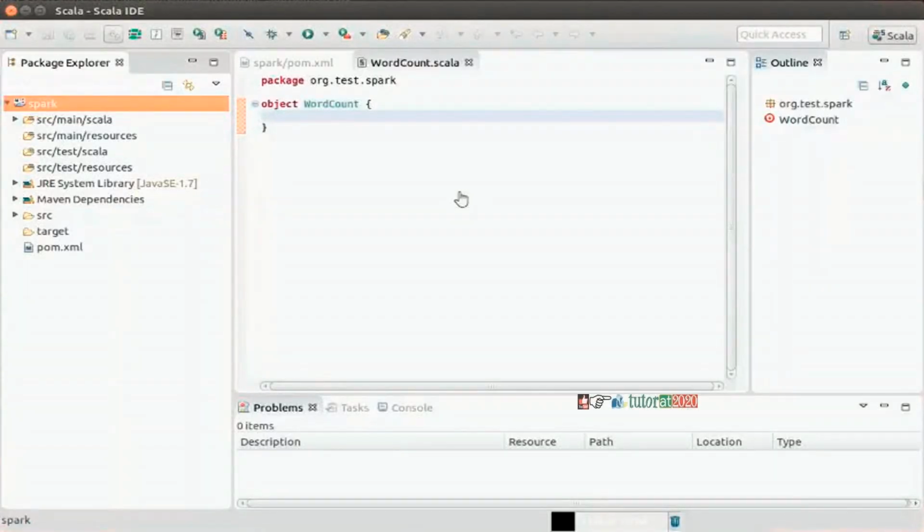Let's try to build an application and then run it on a Spark cluster, on a Hadoop cluster. For building a Spark application, we saw how to do that, right? We first need to build a Maven project. And in our previous session,